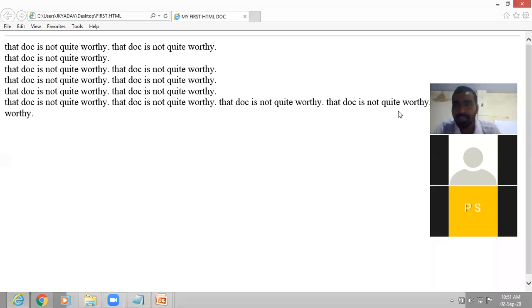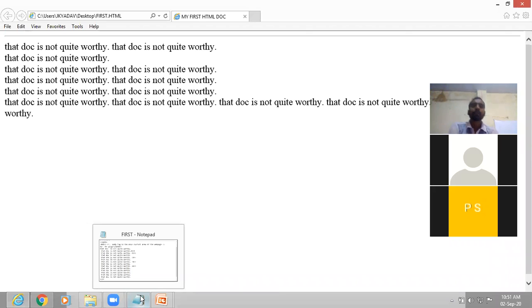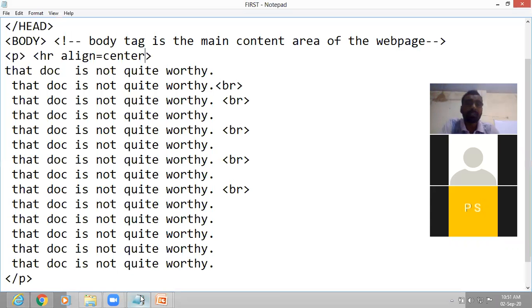You can guess it when we give the size and width of the line. So let us give size equal to 50 and width equal to 50%.